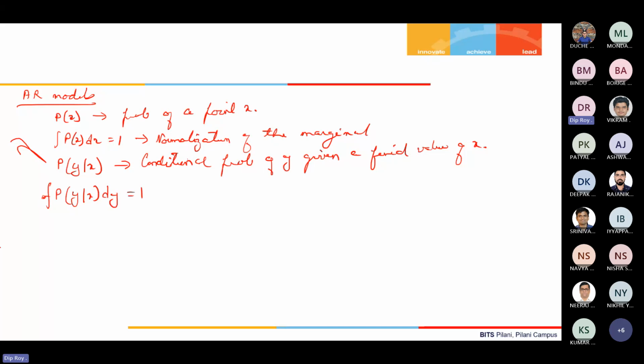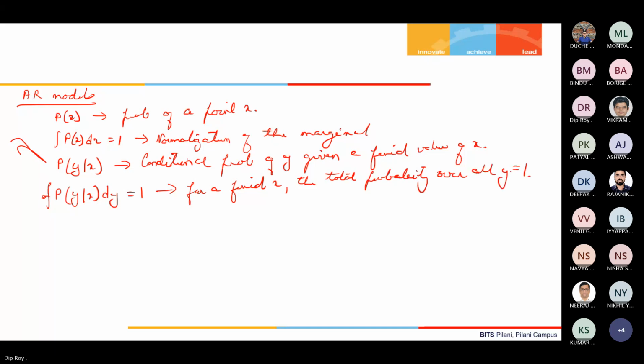So it means that for a fixed x, the total probability over all y's is 1. So that means for a fixed x,